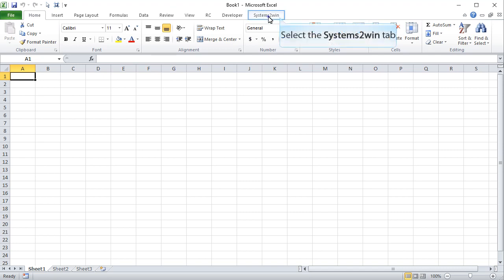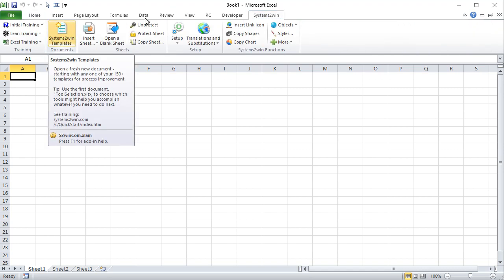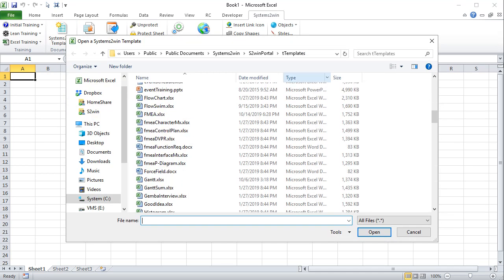In Excel, select the Systems to Win tab, click the Systems to Win Templates button, then scroll down to the section where you will find an entire suite of templates that you might find useful during your FMEA process, all grouped together in alphabetical order.